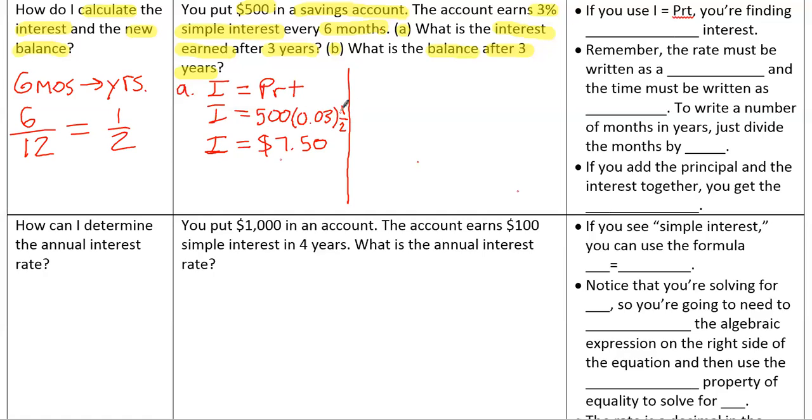What we want is how much interest is earned after 3 whole years. So what do I do? I take the interest that's $7.50 and I multiply it by, well, how many half years are there in 3 years? There's 6. So if I want the interest after 3 years,